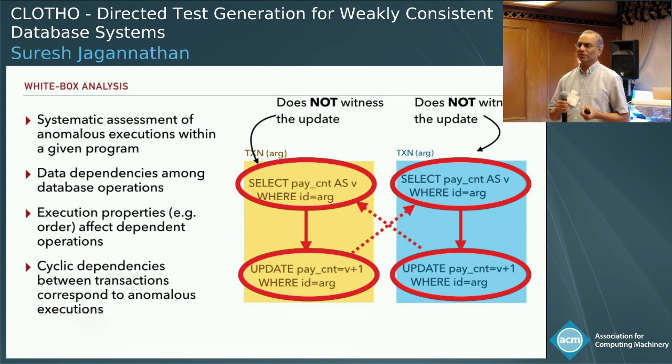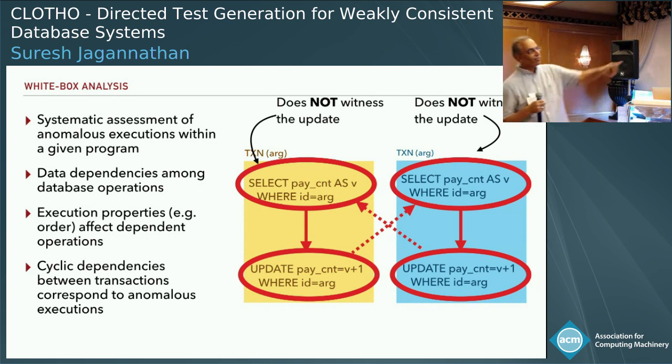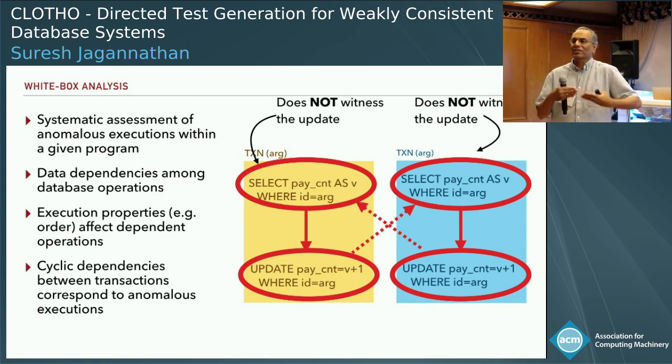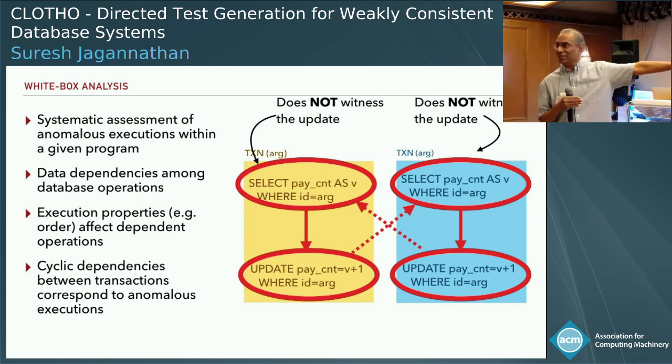So think of those dotted arrows as an edge between an update and a select that cannot happen, right? Surely the select on the top right-hand side is not going to witness the update on the left-hand side, just by the way I've laid out the two particular programs. But if I follow those edges, and if I follow the dotted and solid lines, I find myself with a cycle, right? I don't have a serial execution here because both transactions are witnessing results that don't include the other, right? We don't have a way of ordering all of the operations in these two different transactions in some serial way while still preserving all of these edges.